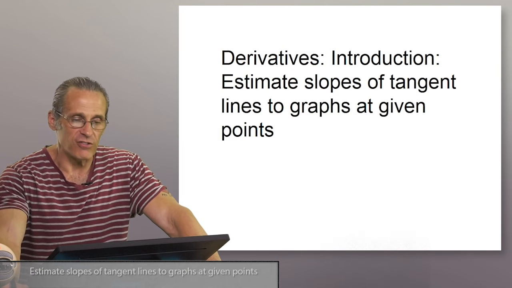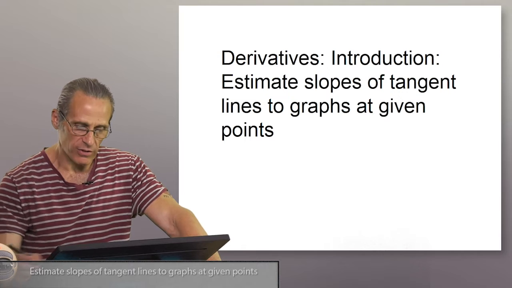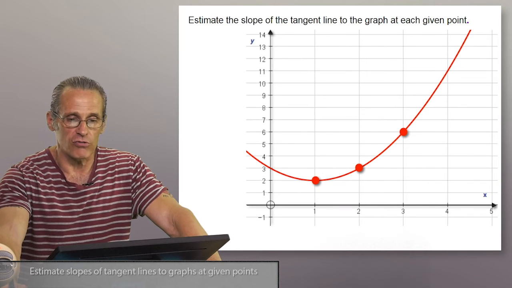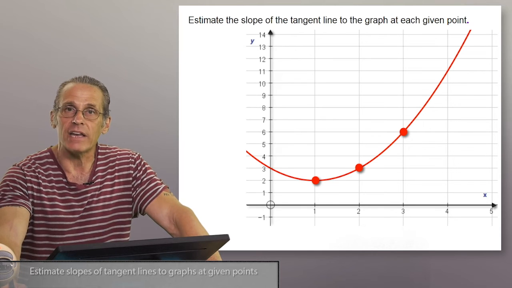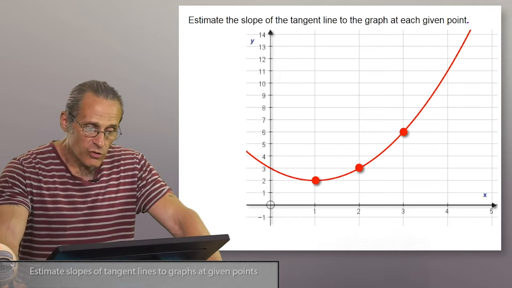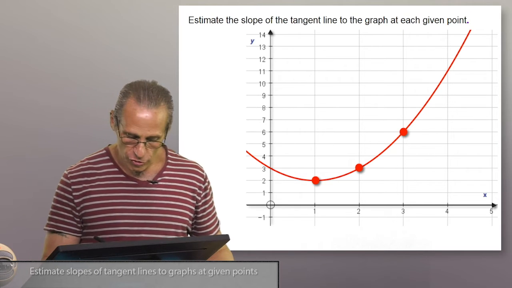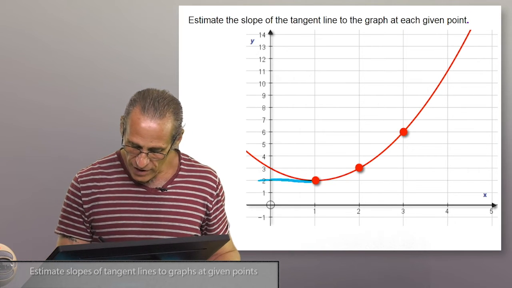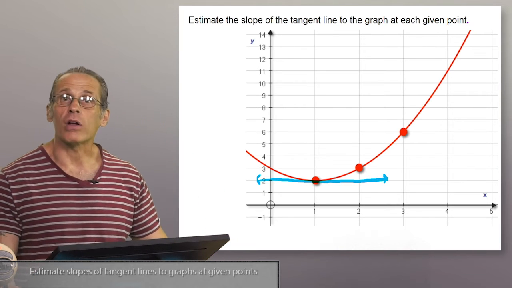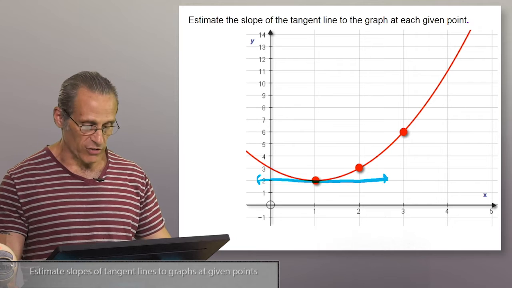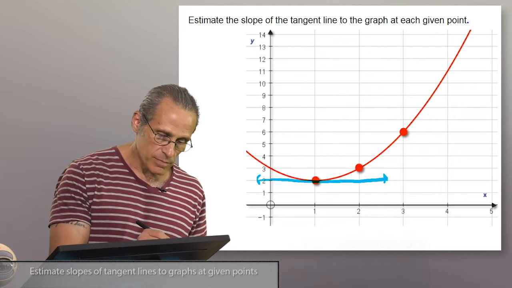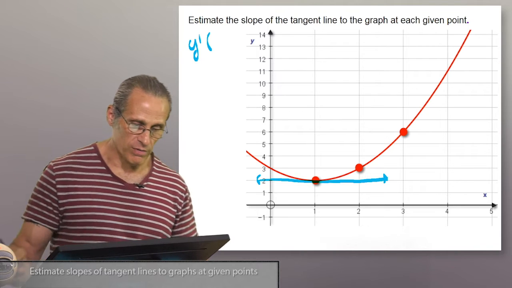Estimate slopes of tangent lines to graphs at given points. Our goal here is to estimate the slope of the tangent line to the graph at each of the 3 points we see highlighted and focus on the notation of how we write it. So we'll start at x equals 1, and it sure looks like that tangent line we see would be horizontal. And the slope of a horizontal line, well, we know what that is. That's going to be 0. So we would write the derivative at 1